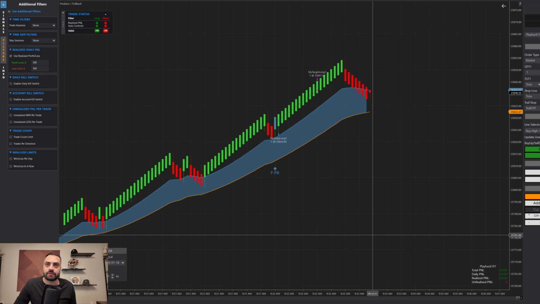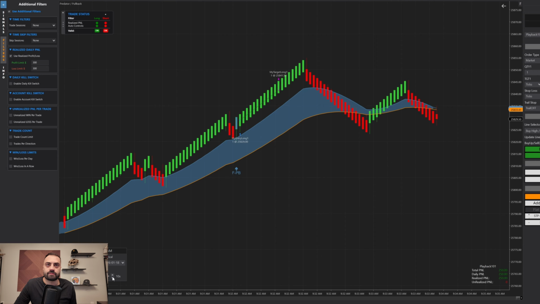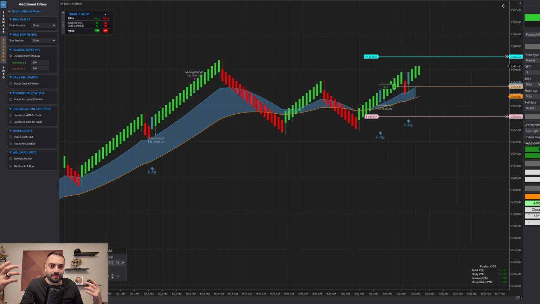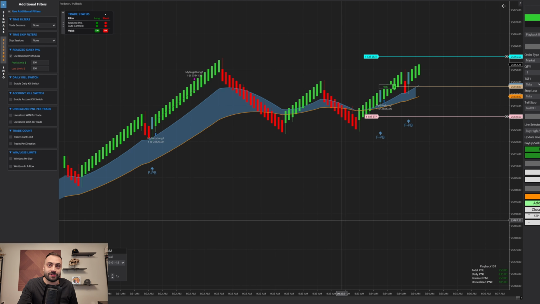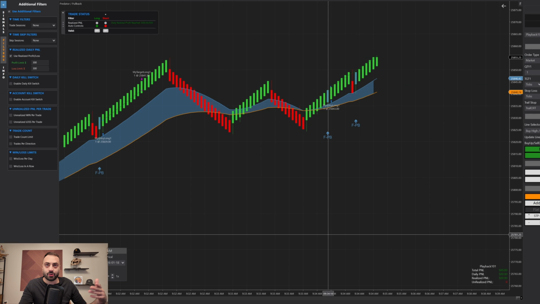So let's take another trade here. All right, so here is a prime example of the difference between a realized PNL and a kill switch. A realized PNL, again, only looks at the realized amount. So that's still $250 because we haven't closed the trade yet. So even if our daily PNL right now is at 420, which is above our $300 threshold, it's not going to take us out of our position. It's still going to allow the trade to continue